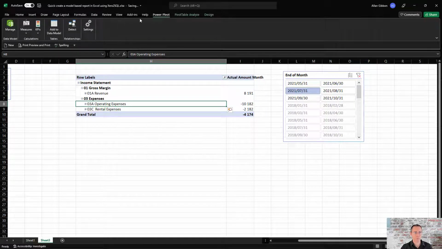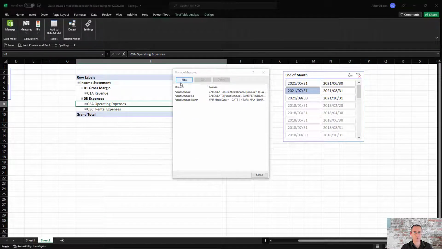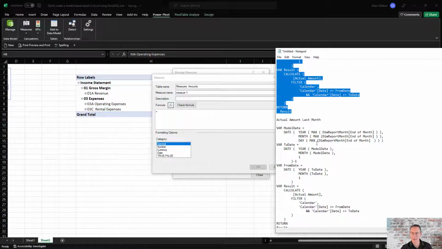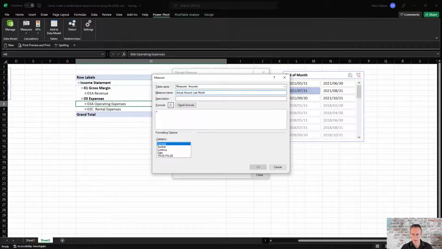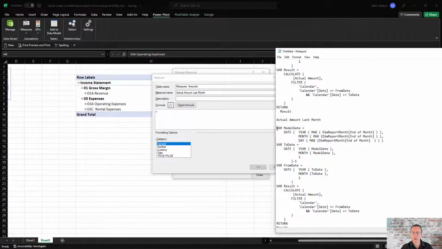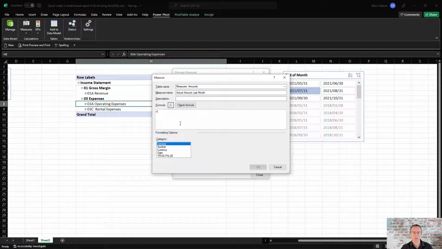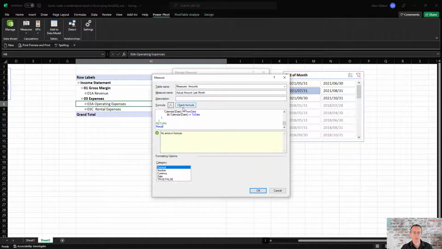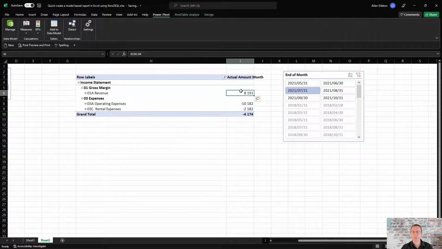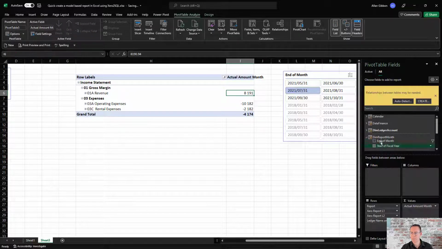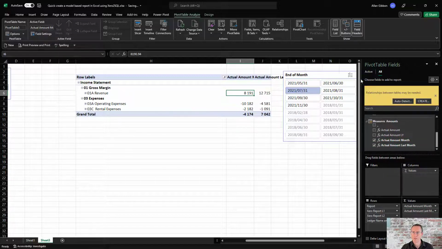Now what I'm going to do is bring in prior months. So I go pivot table, Power Pivot, measures, manage measures, new measure, and I'm going to bring in from my text file last month. And the formula, check results, number, the whole number. Okay, go pivot table, analyze, bring up the fields, go to the bottom, bring in last month, and we now have, so you'll see here